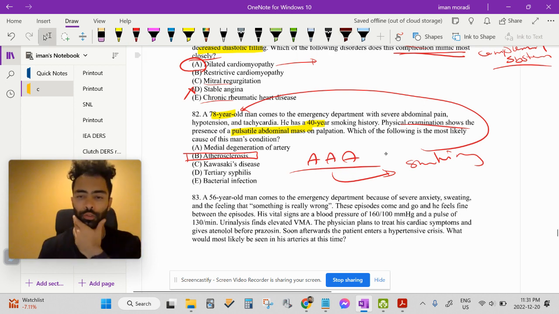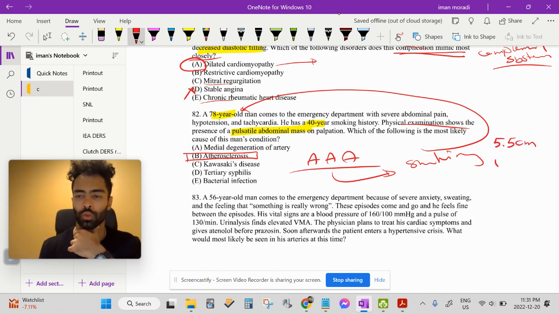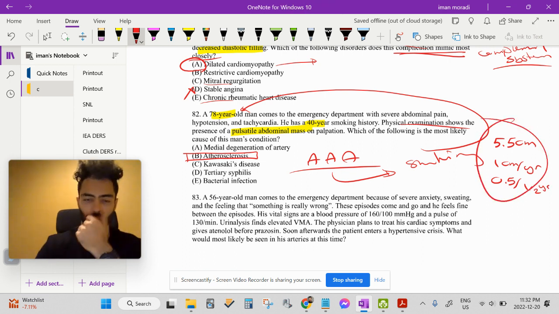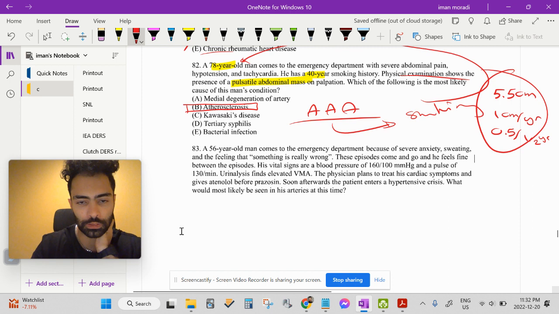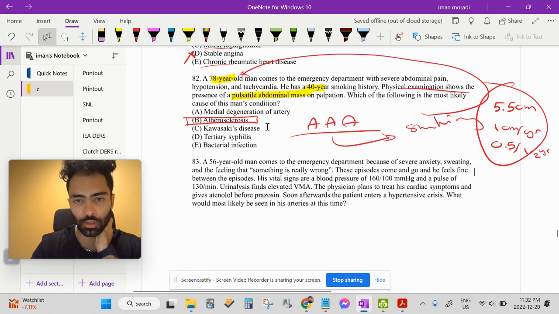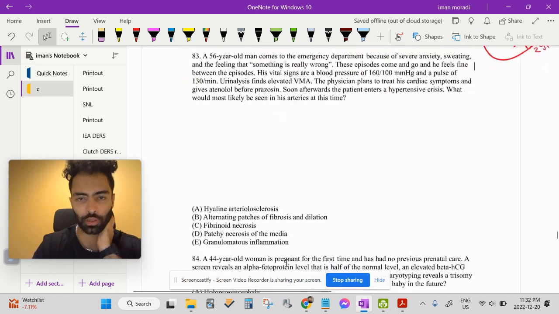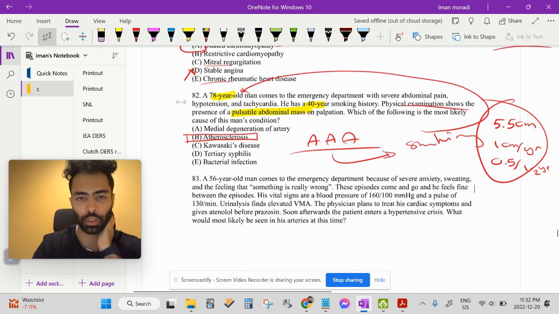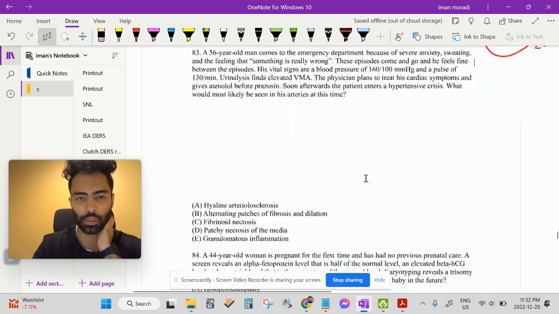Do you remember when you have to replace it or get a surgery? If it's bigger than 5.5 centimeters, or if it grows more than 1 centimeter per year, or more than 0.5 centimeter per half a year, which is 6 months, right? It's kind of a Step 2 thing, but it's really important. And if it ruptures, you get hypotension, the mass is growing, you get shock. It's a surgical emergency. Albert Einstein died this way. Cool point to know. Okay,